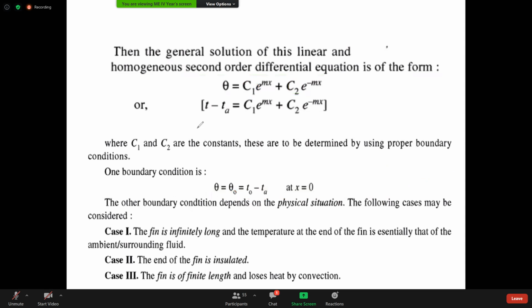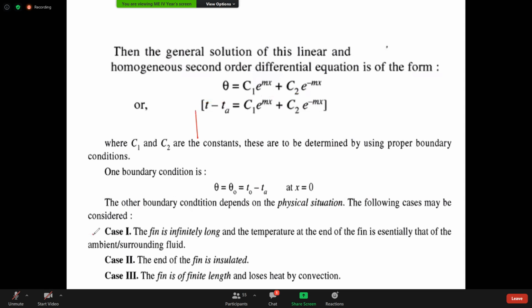This is the equation in terms of temperature. Theta is nothing but the temperature equation. I will tell you the easiest methods, right? I don't want to discuss elaborately, because this is hands-on experience. I provide you whatever sufficient material, and with that you have to practice it. Then only you will get it, right?